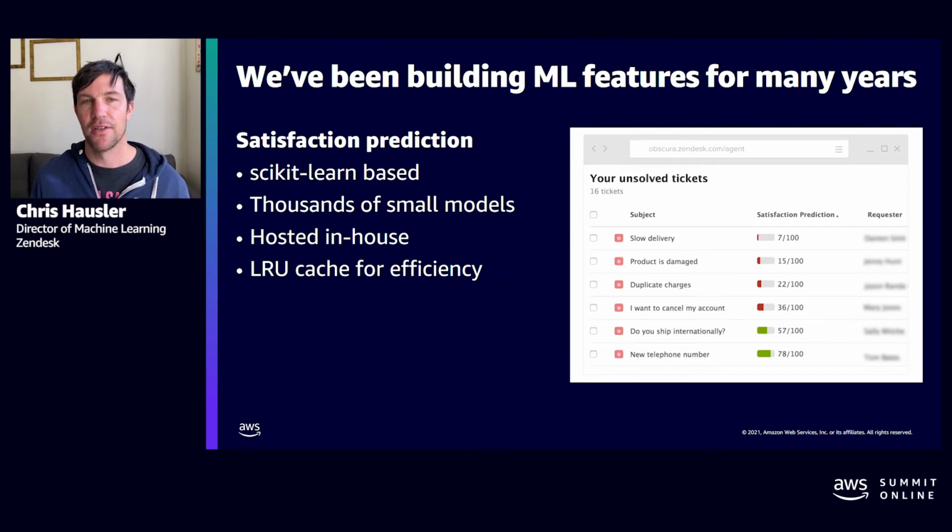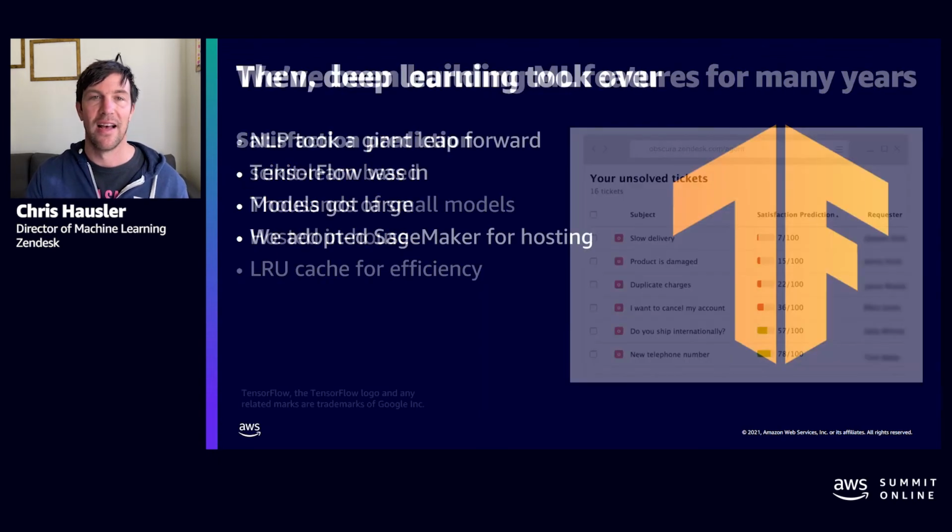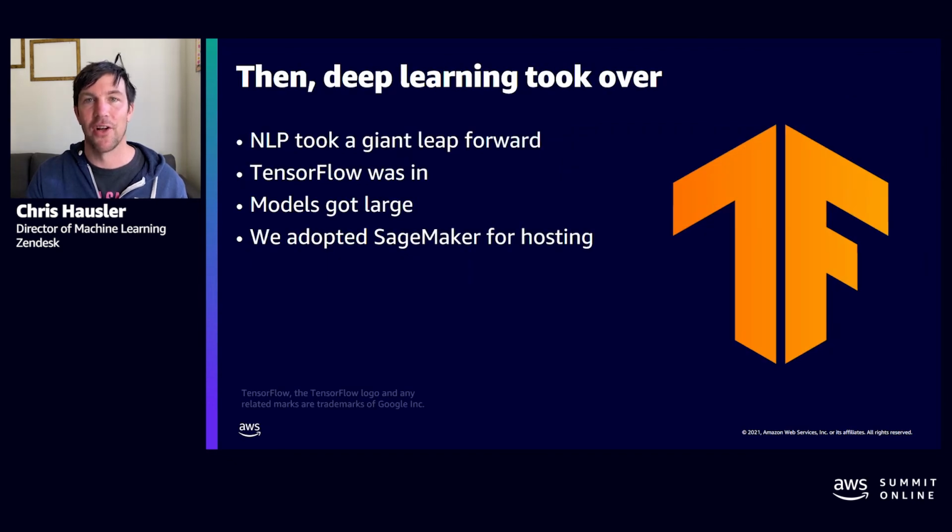We were hosting these scikit-learn models, which were quite small from a memory perspective, in-house, using something very simple like a Flask server with an LRU cache to allow for efficiency, to allow us to load and unload models as needed. And that was incredibly effective, and it allowed us to get this product out to the world and out to production. But I think the world has changed a lot since then, and one of the really big shifts that we've seen